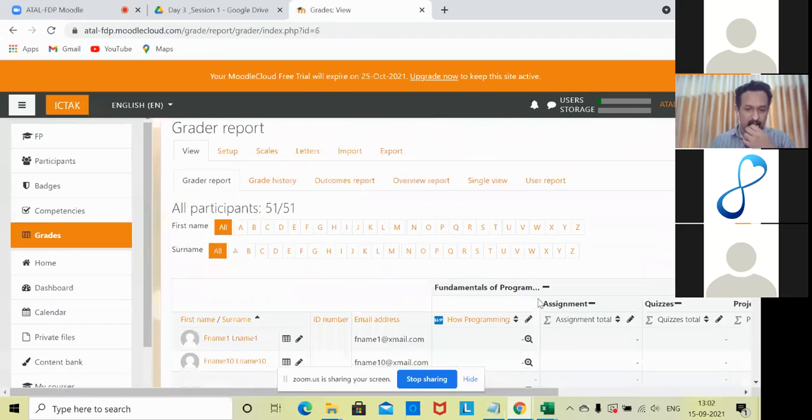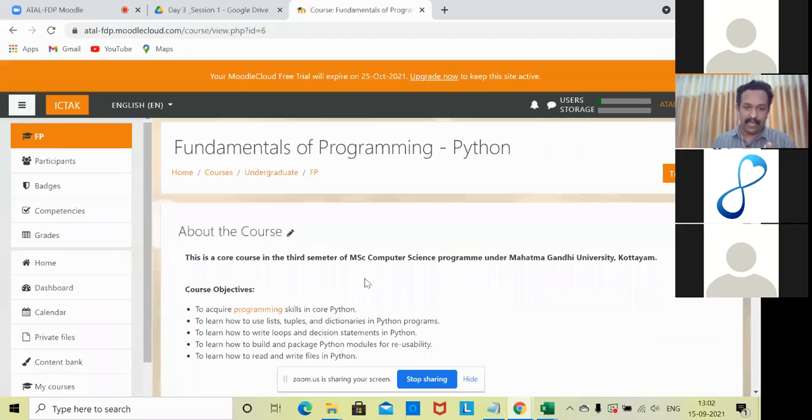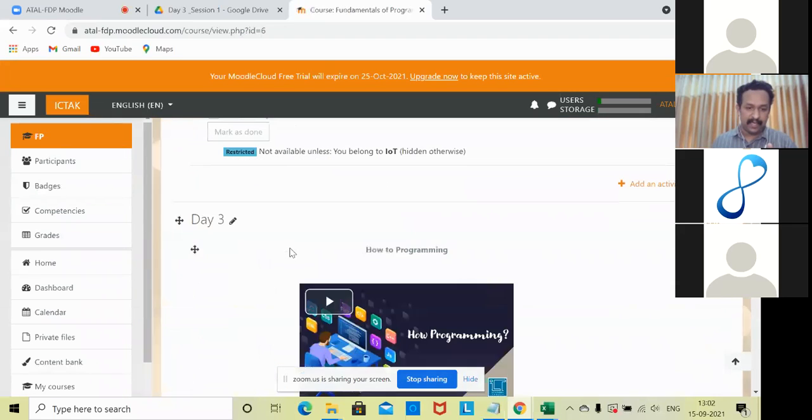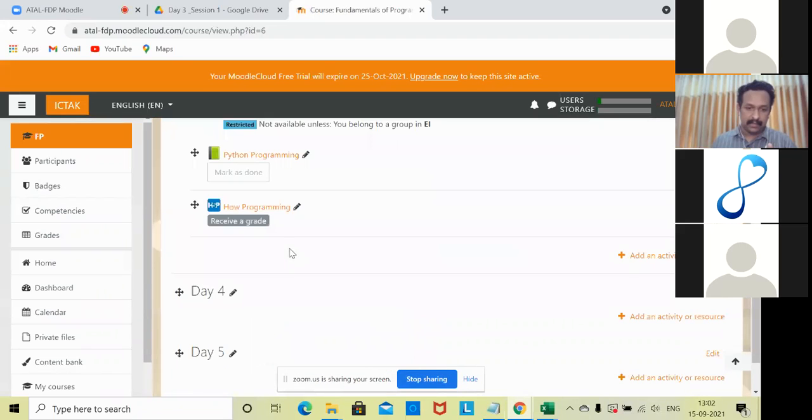Even now, let us see that H5P is already there, right? I am just going to select that H5P content, which is listed somewhere here. This is the H5P that receives a grade.